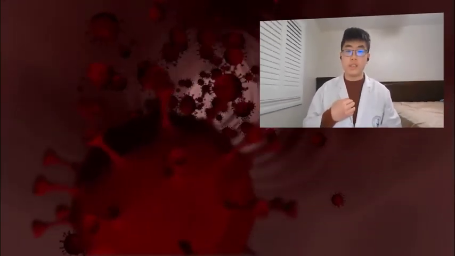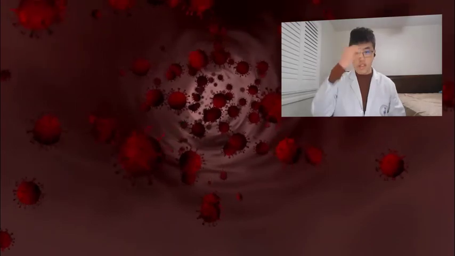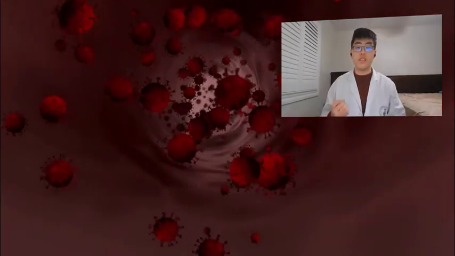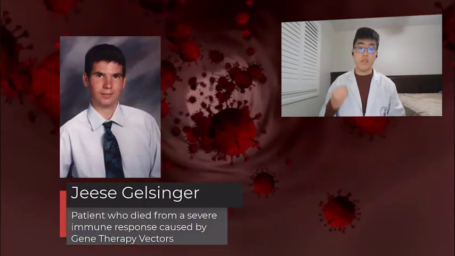Also, while the disease-causing genes in viruses can be edited out, it is very difficult to edit out all the antigens or proteins on the surface of the virus. Our immune systems can identify these foreign antigens and spark a strong immune response, causing inflammation, fever, and more. In severe cases, fatal problems like organ failure could occur as a result. For example, in 1999, a patient testing gene therapy for a liver disease died from the unwanted immune response caused